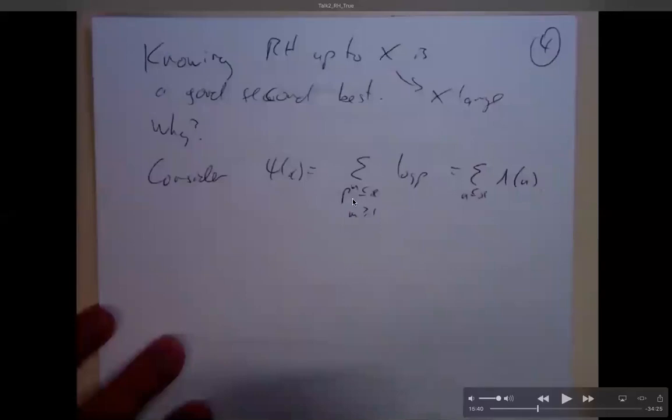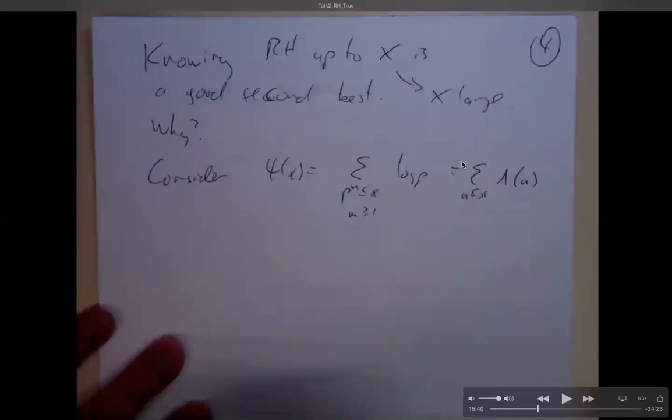Then when m is 2, I'm counting p squared up to x, or if you like, p up to the square root of x. So primes up to the square root of x with weight log p. When m is 3, I'm counting primes up to the cube root of x, and so on. It has to stop at some point, because when m is very large, x to the 1 over m is less than 2, and there's no primes less than 2. So this is well defined. It's a double sum, but sometimes written in this single way.